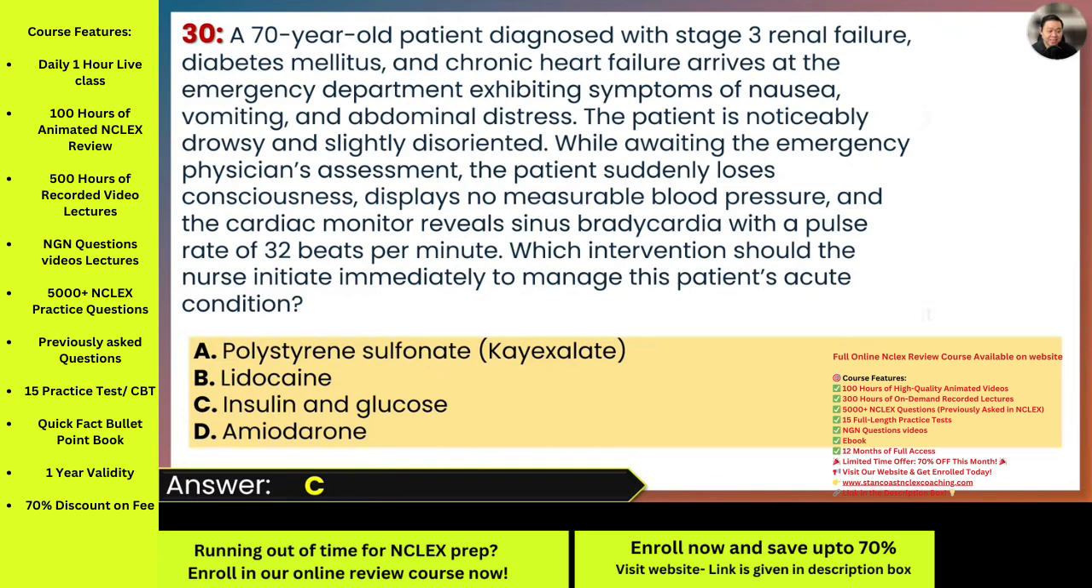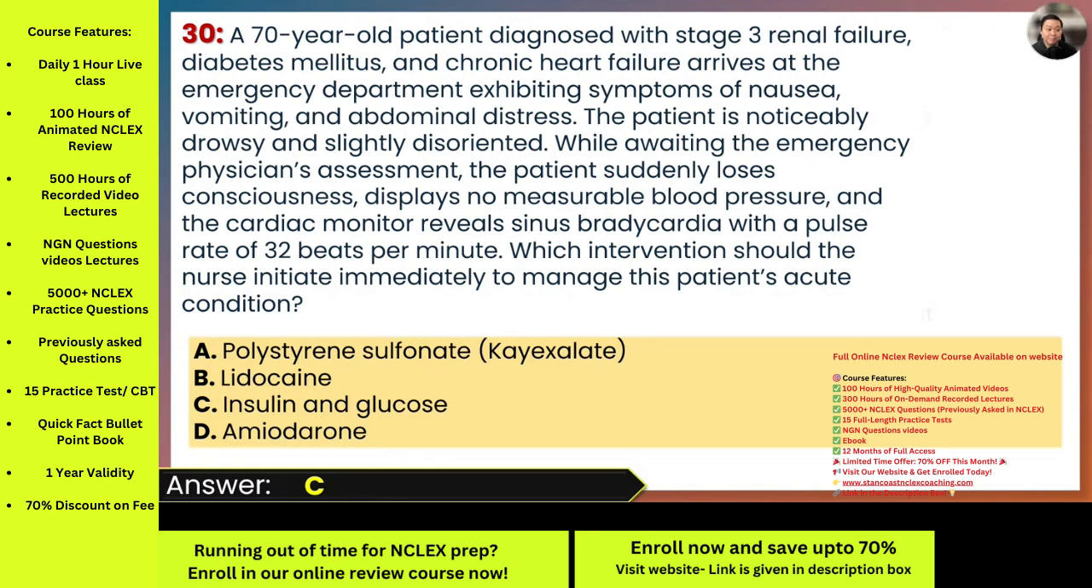Letter D, amiodarone. What is this drug? This is also an antiarrhythmic medication, specifically class 3. This is a potassium channel blocker. This is often used to manage ventricular arrhythmias like VTAC, ventricular fibrillation, or let's say atrial fibrillation with rapid